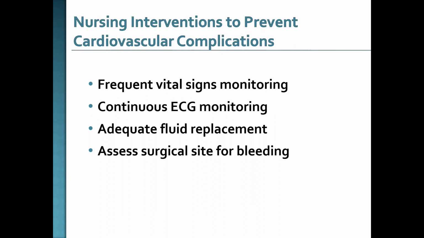Call the surgeon if any of the following occur: a systolic blood pressure less than 90 millimeters of mercury or greater than 160 millimeters of mercury, pulse rate less than 60 or greater than 120 beats per minute,